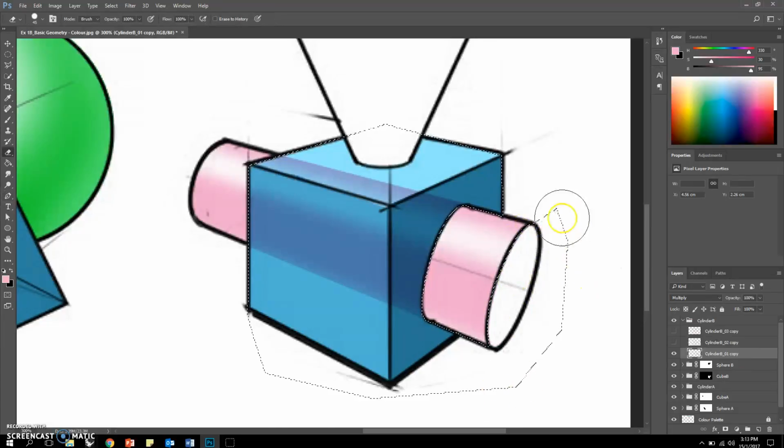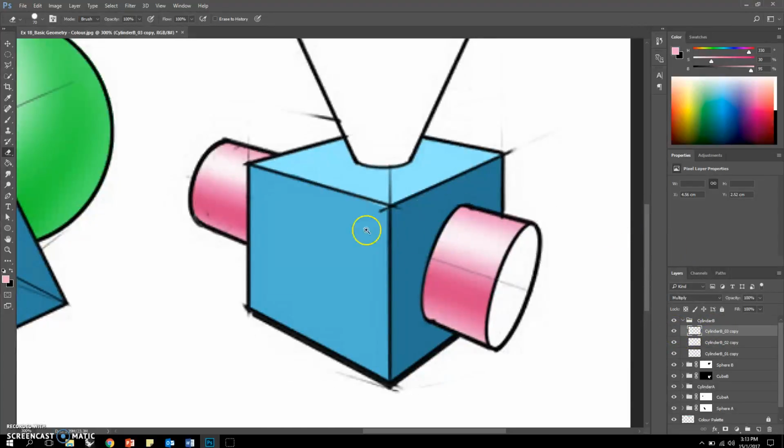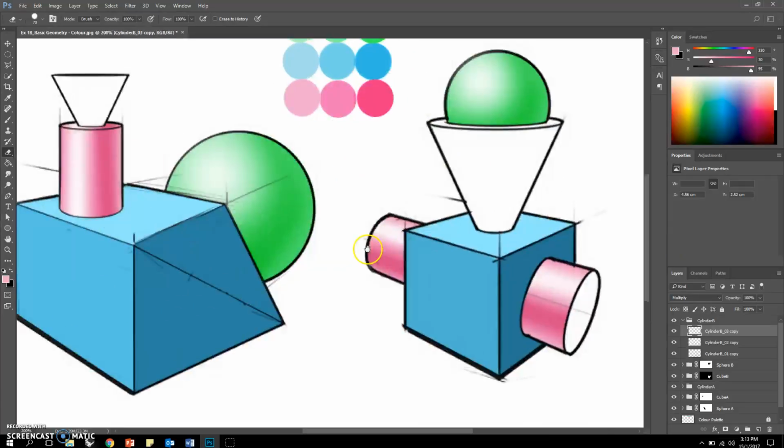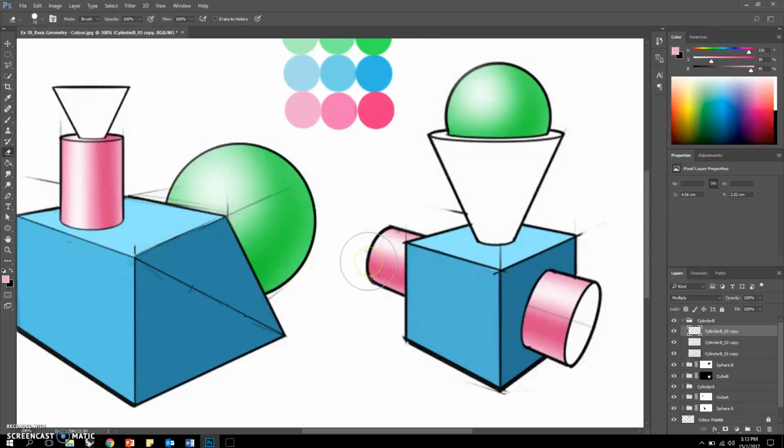Okay, now we can do a quick erase here. Quick erase. Alright, we can always delete this portion. Go up, delete this portion. Okay, and then you have it, the cylinder, quite fast. Okay, so the next stage for this,